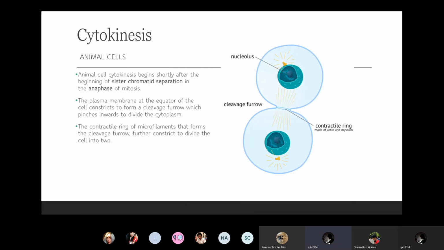Cytokinesis in animal cells. Cytokinesis begins shortly after the beginning of sister chromatid separation in the anaphase of mitosis. The plasma membrane at the equator of the cell constricts to form a cleavage furrow, which pinches inwards to divide the cytoplasm. The contractile ring of microfilaments that forms the cleavage furrow further constricts to divide the cell into two. As you can see in the diagram beside it, the cleavage furrow will constrict and form the contractile ring and will divide one